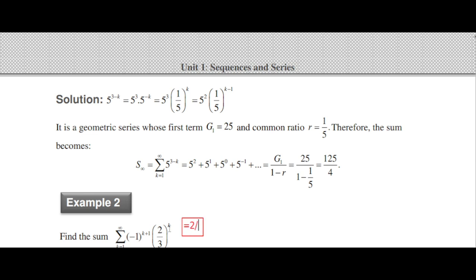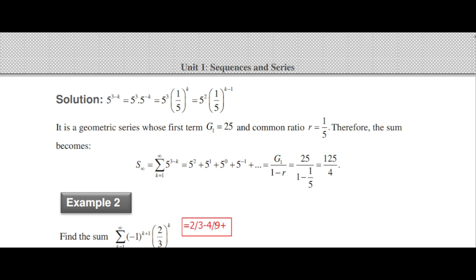The first term will be 2 over 3, plus, the next term for k is equal to 2, minus 1 to the power of 2 plus 1, that is minus 1 to the power of 3, so minus, 2 over 3 to the power of 2, 4 over 9, next plus,